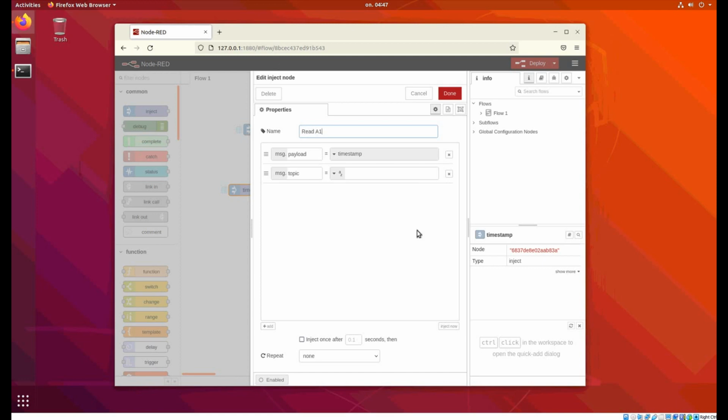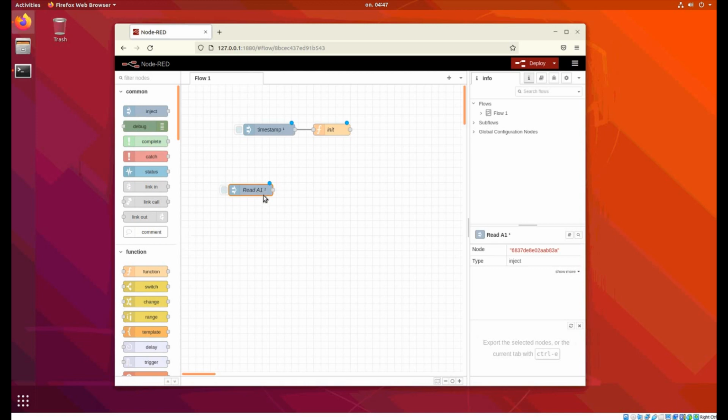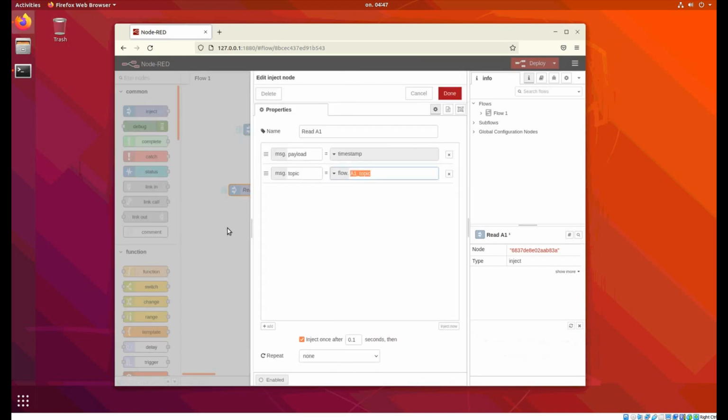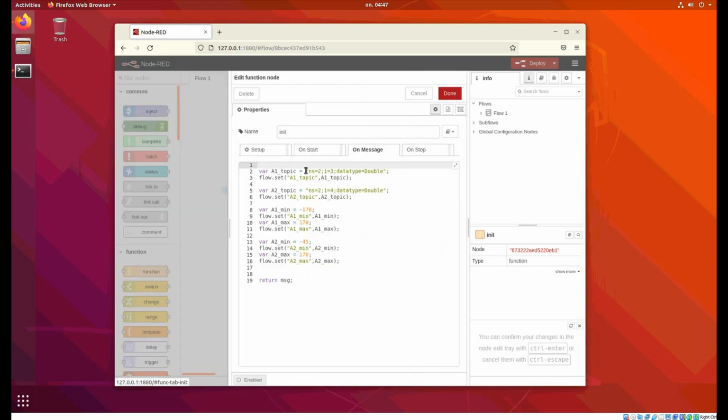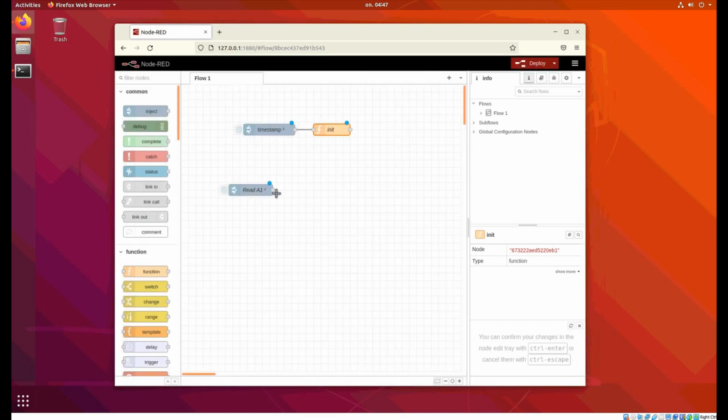So in this read A1, I will check this as a flow and write A1 topic here, and inject once after 0.1 seconds, and we check done. So it will read the remembered A1 topic that is here, this A1 topic, and this will send the value